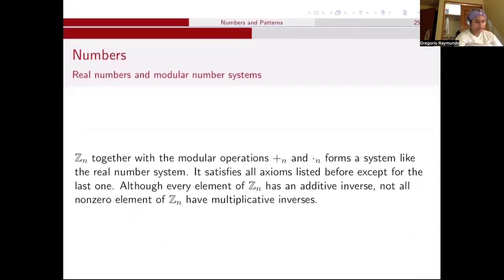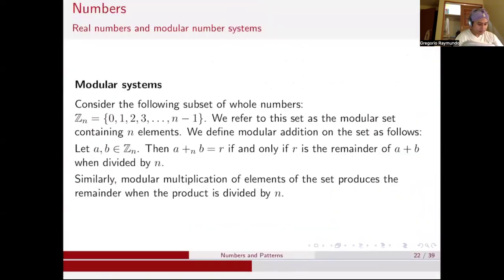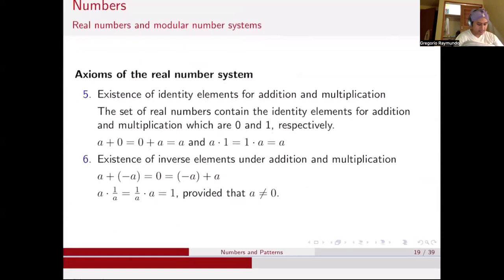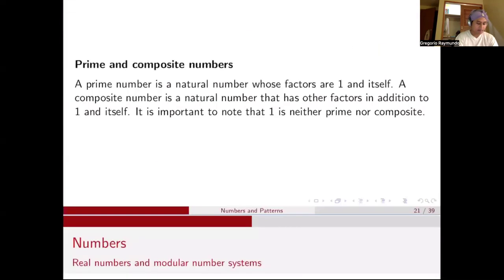Now, Zn together with the modular operations plus sub n and dot on multiplication dot n forms a system like the real number system. It satisfies all axioms listed before except for the last one. Although okay, so hindi lahat, unlike sa real number na nag-e-exist yung inverse, yung multiplicative inverse ng lahat ng real number na except 0, lahat merong multiplicative inverse na 1 over 8, hindi lahat may multiplicative